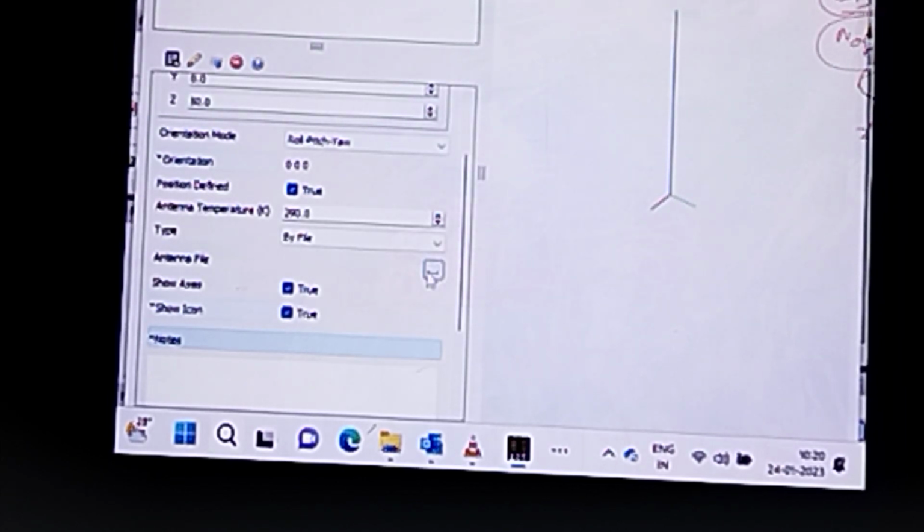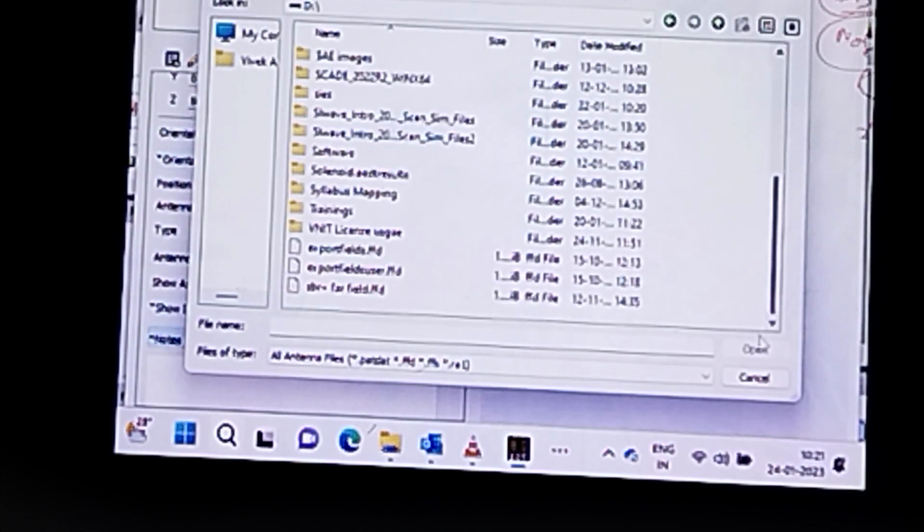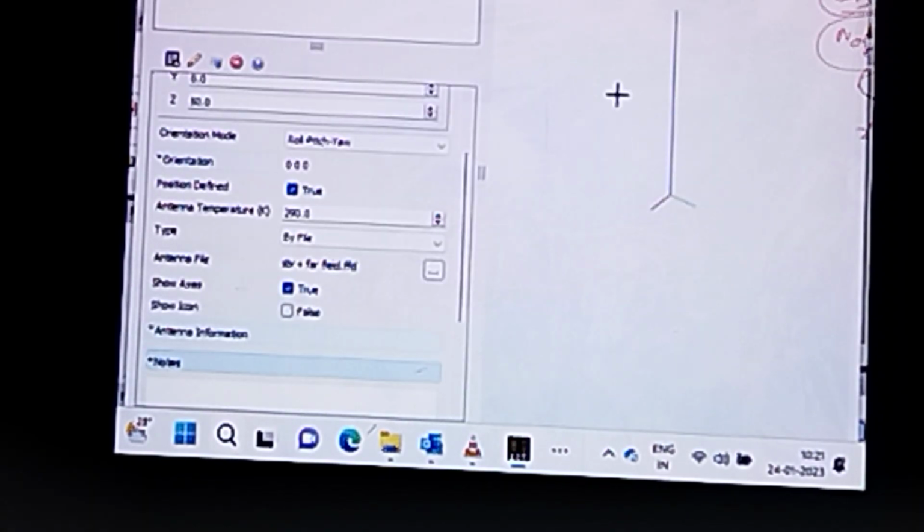Whatever far field radiation we are getting is scattered radiation, based on the external environment. So you go to the antenna file here, SBR plus far field, the older file which we had already generated and kept. Once we click on open,